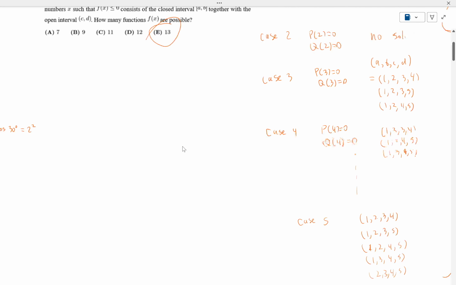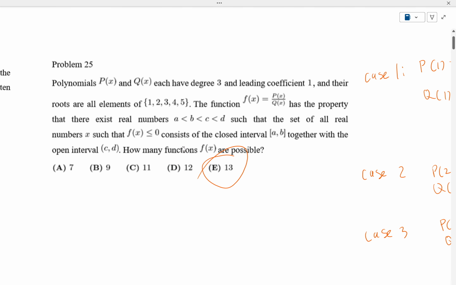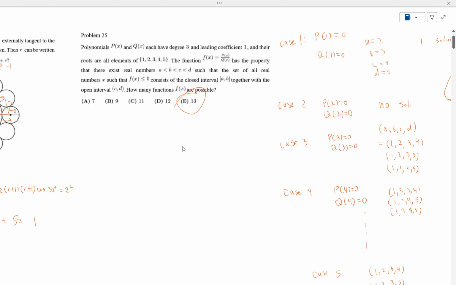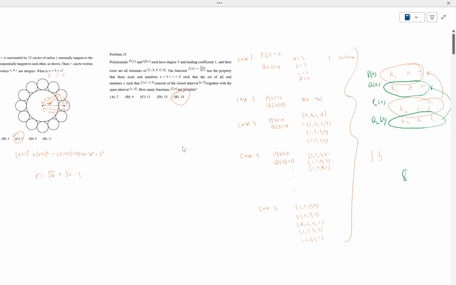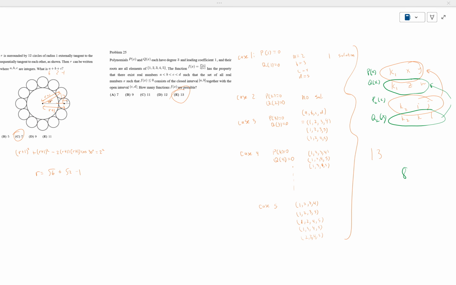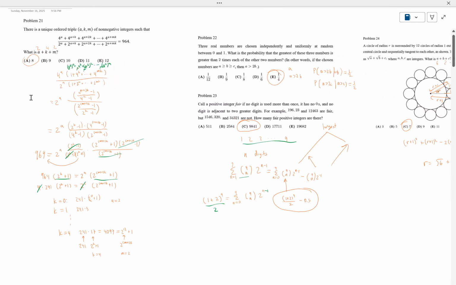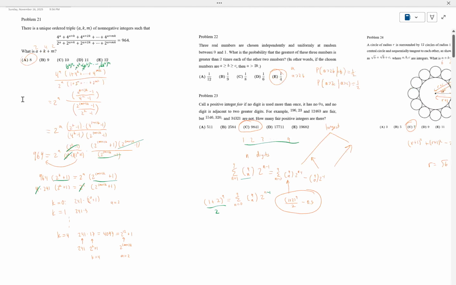But that's not an answer choice. So I think if you were to get this on an actual contest, don't just choose no answer. I think it's best to still choose 13 because they'll probably just give you the marks anyway if you put 13, right? There's nothing to lose really if you put the MAA intended answer. So let's hope that these types of mistakes don't happen again. So here, if you want to screenshot my answer,